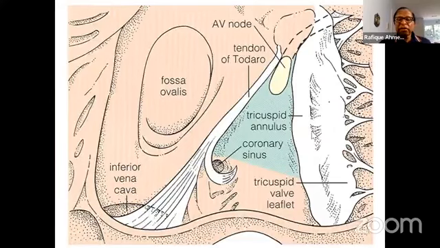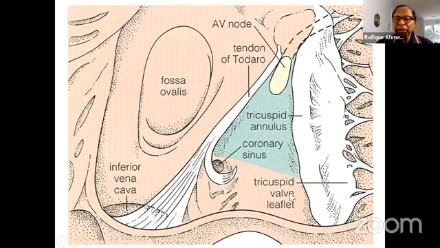And this is how it is, again, if we look at the picture again: this is the coronary sinus, this is the tendon of Todaro, and this is where the AV node is. Even though the AV node has been drawn as a complex structure, it is not. It is actually, there are branches. It's like a tree root. And this is where the area of slow pathway is. And this is the AV node fast pathway. And this is important because that's how we get AV node reentrant tachycardia. And this is the